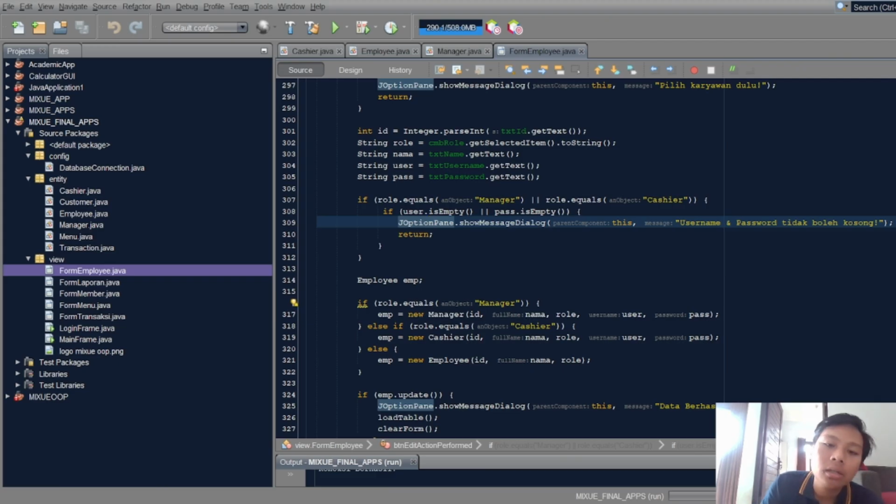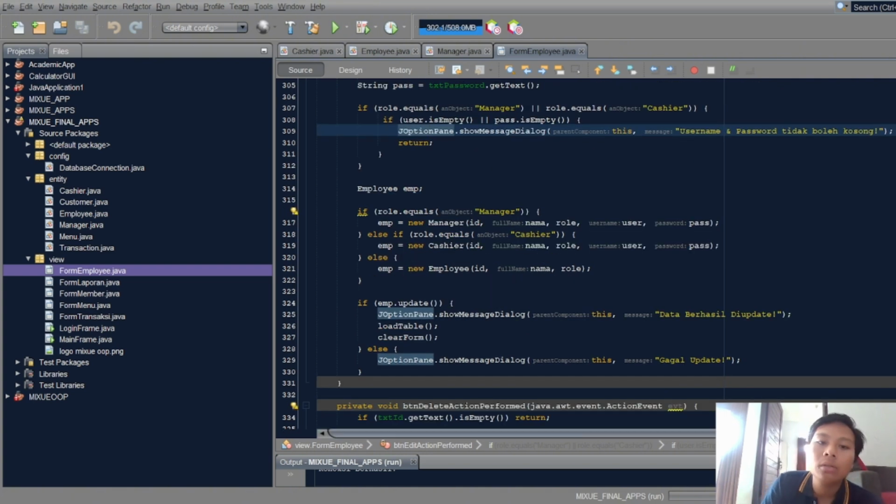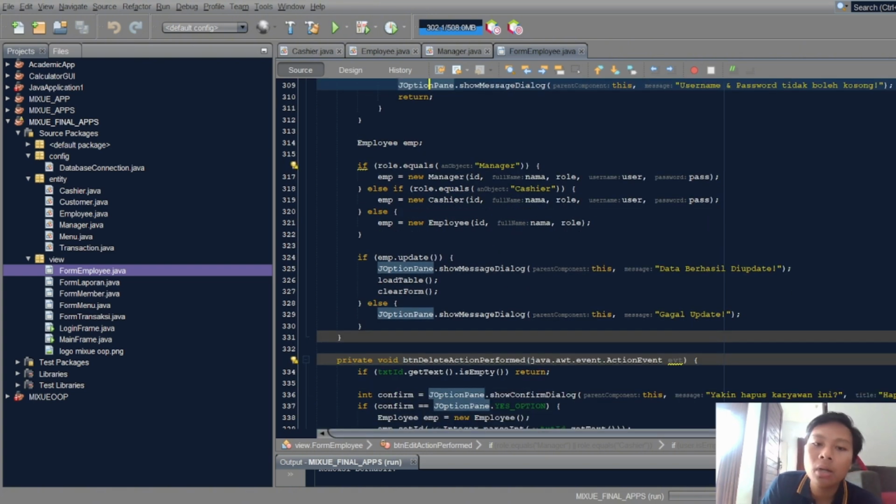And then if false, if user is filled and password is filled, the logic below is run. We create a new variable for employee called emp. The emp checks if the role equals manager.